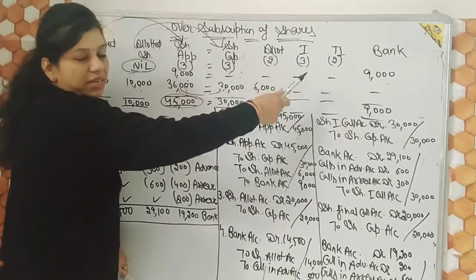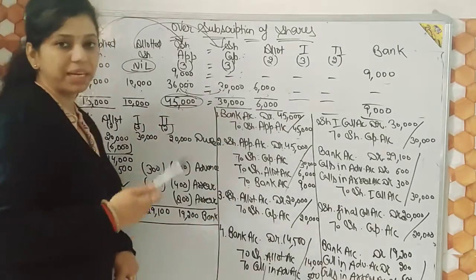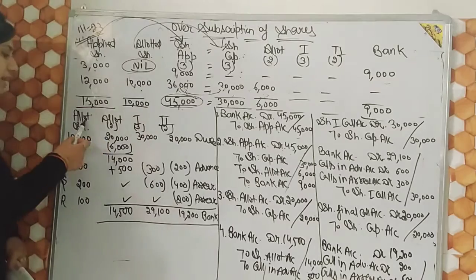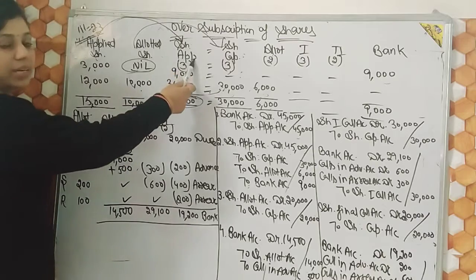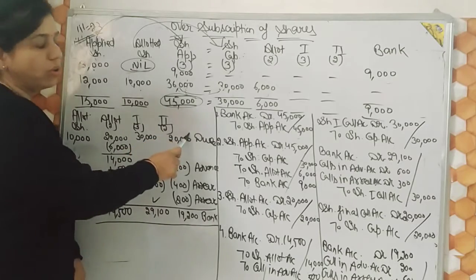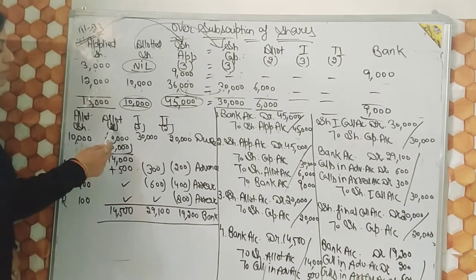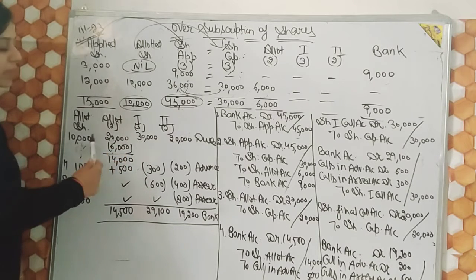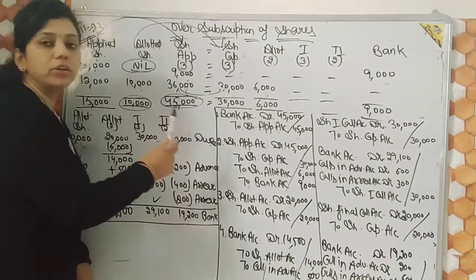So after making this table, you are able to do only the first two entries. After that, for making the remaining entries, you must make one more small table. That is allotted shares, allotment, first call and second call. As application is done, we just have to make entries regarding allotment, first call and second call only. So allotted shares are 10,000 and allotment is of 2. So 10,000 multiplied by 2, 20,000. First call is of 3, 10,000 multiply 3, 30,000. Second call is of 2, so 10,000 multiply 2, 20,000. These amounts will be called due amounts.